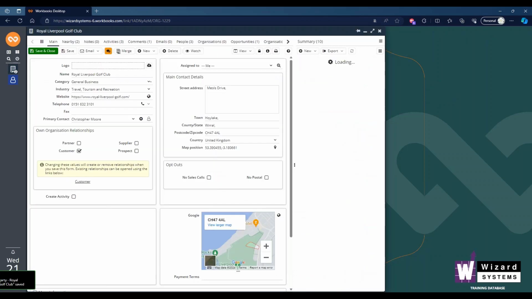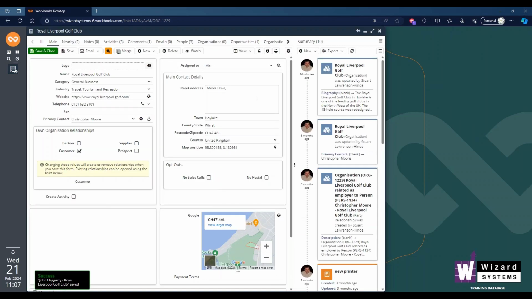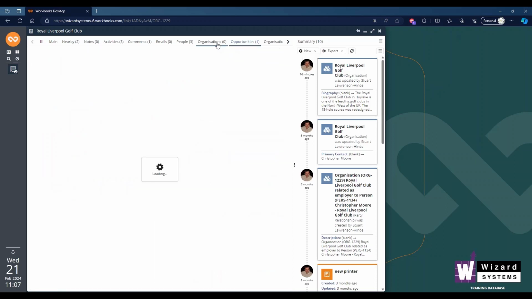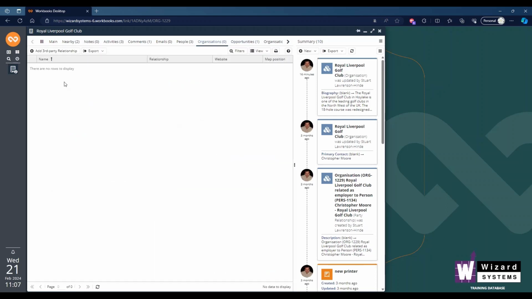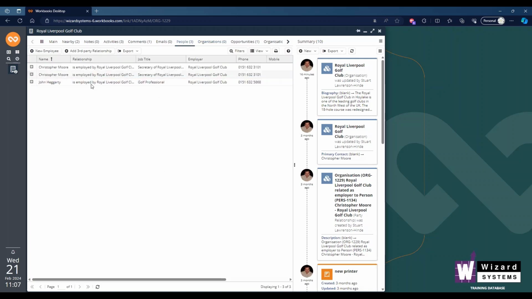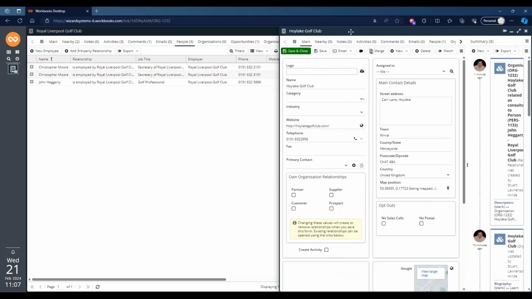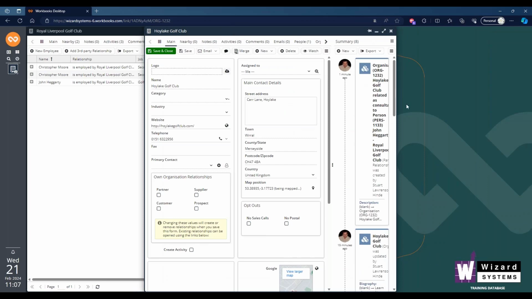So let's save and close that. So what else has it done? So Royal Liverpool's record hasn't changed. Yeah, they're not linked to Hoylake. If we go and look at people, John is still an employee. However, if we switch over to Hoylake's record and have a look at their system, maybe a little bit easier